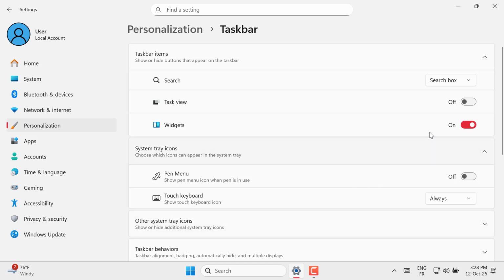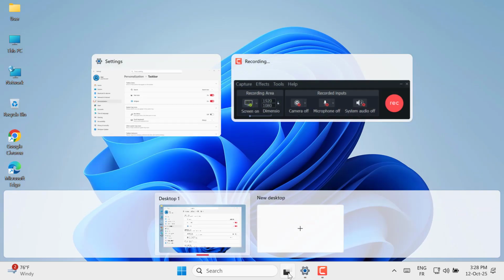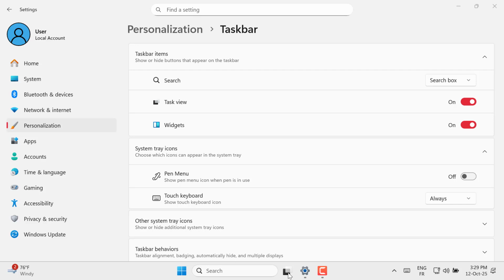Once inside the taskbar settings, you will see the option labeled Task View. To enable it, simply toggle the switch to the On position. This will instantly add the Task View button to your taskbar, making it easy to access multiple desktops and open applications. Finally, after enabling Task View, you can click on its icon on the taskbar to see all your open